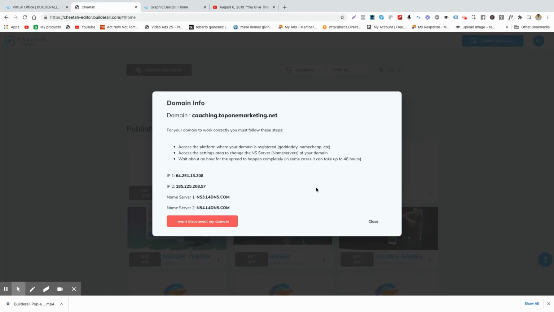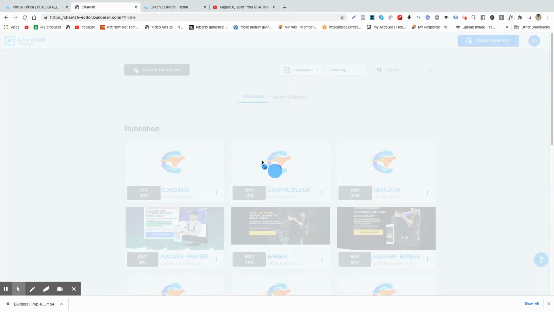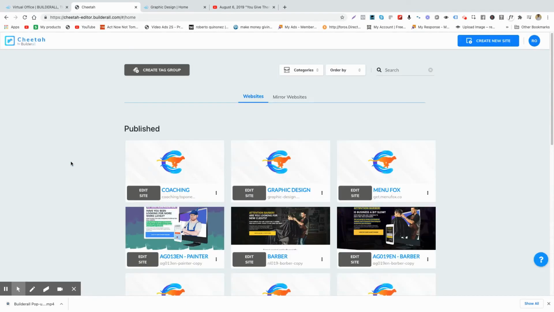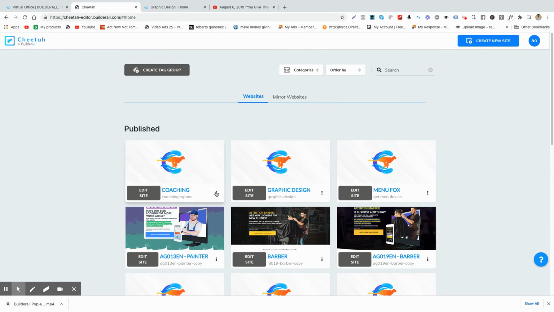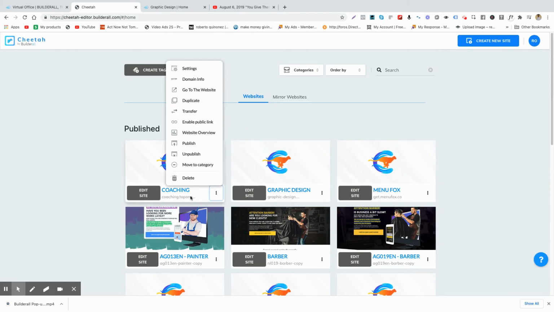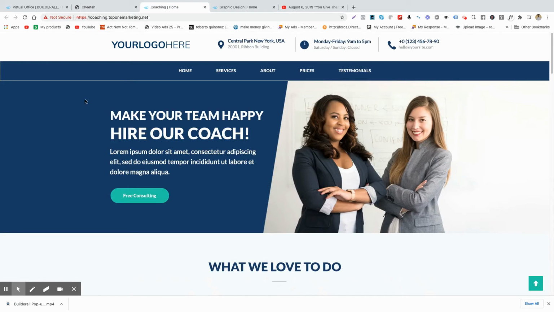And so here it is. This took about 2.5 minutes to work. Okay, but the domain is now connected. So what we're going to do next is just make sure that the site is published. I know I published it already. And then we are going to go to these three dots right here, and then we're going to go to the website. And so as you can see right here, the subdomain has been created,